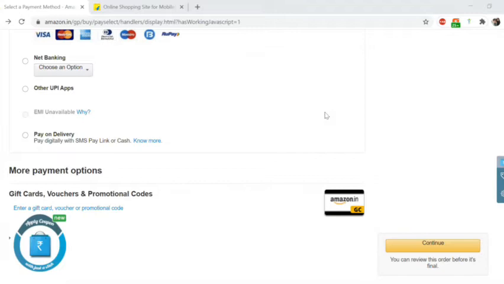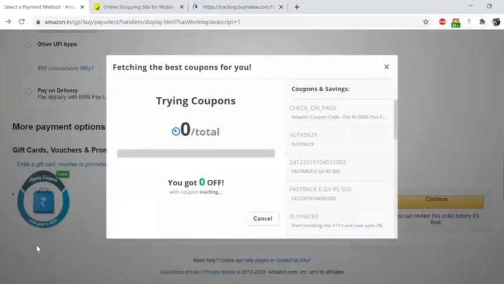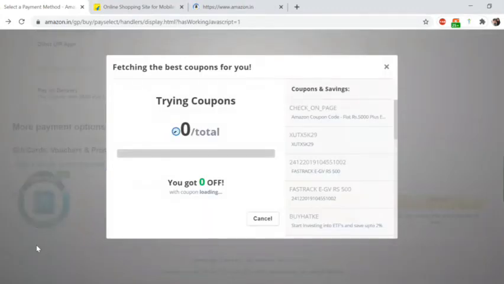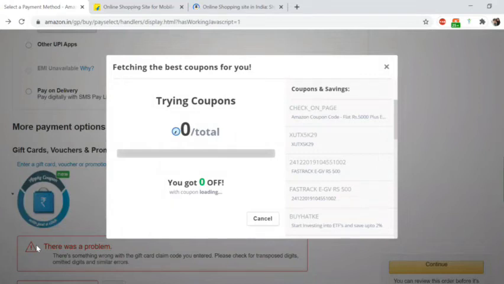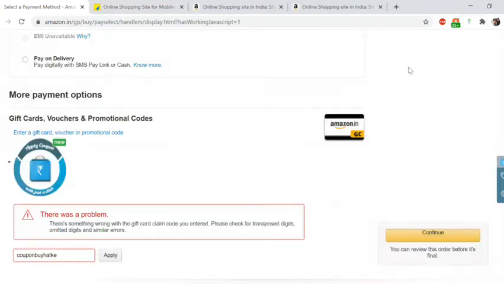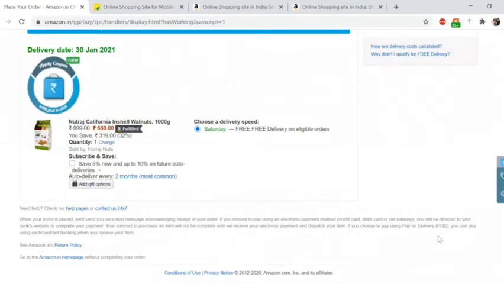Another great feature for this extension is that it lets you apply coupons at the time of checkout. Once you add your products into the cart and reach the page where you have to make the payment, at the bottom of the page you'll be able to see the apply coupon image. So this has come as part of the extension that we added. When you click on this, it will try to apply a set of coupons that might be applicable for the products that you have checked out. If you are lucky, you might be able to save a few more bucks in this method. The same option is available in the last page as well.